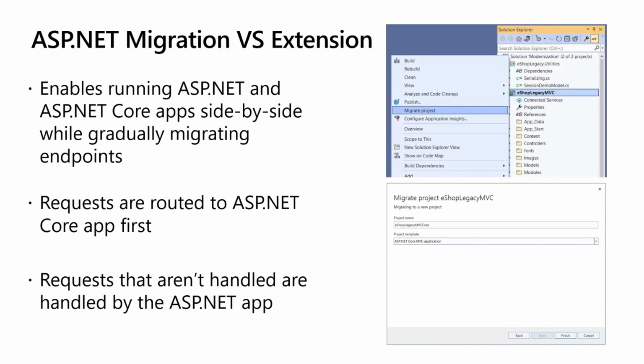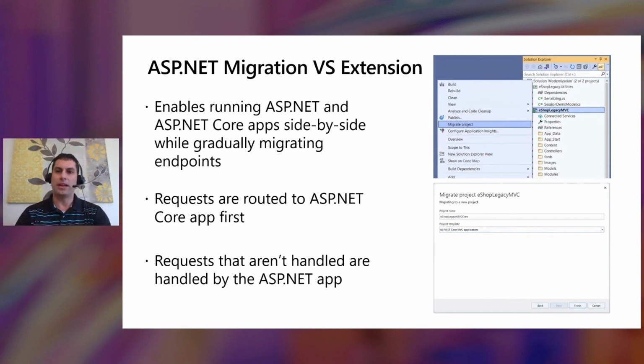Now, when this new project is added, it's set up in such a way that launching or deploying the original ASP.NET app will also take the new ASP.NET Core app and put it in a separate virtual directory alongside the original app, so that when requests come in, the new ASP.NET Core app has an opportunity to serve those requests first. And if it's not able to handle them, then transparently to the end user, the original ASP.NET app will